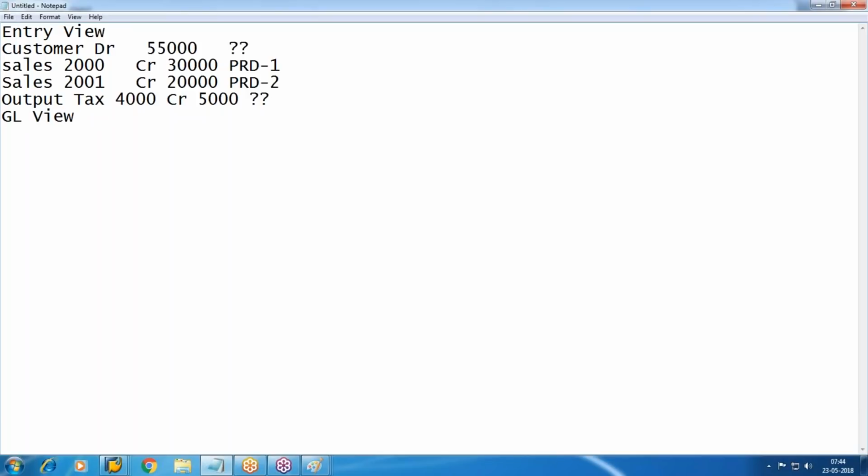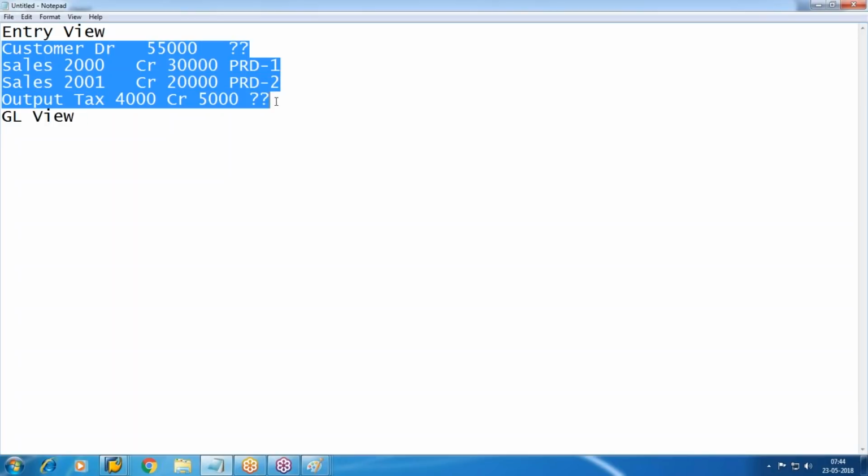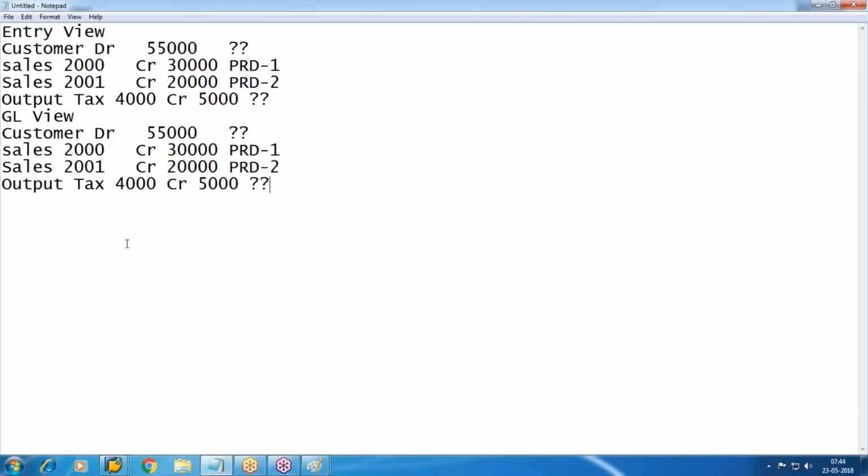Whenever we post a document from now onwards, two views will be there: entry view and GL view. So in GL view, your transaction or the document will be like this. Automatically after the configuration, it will be